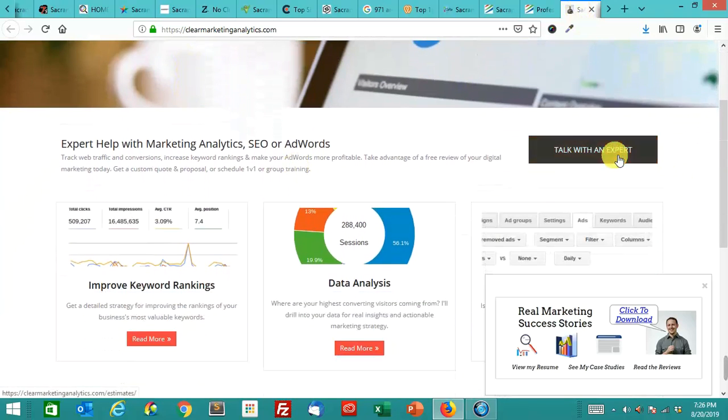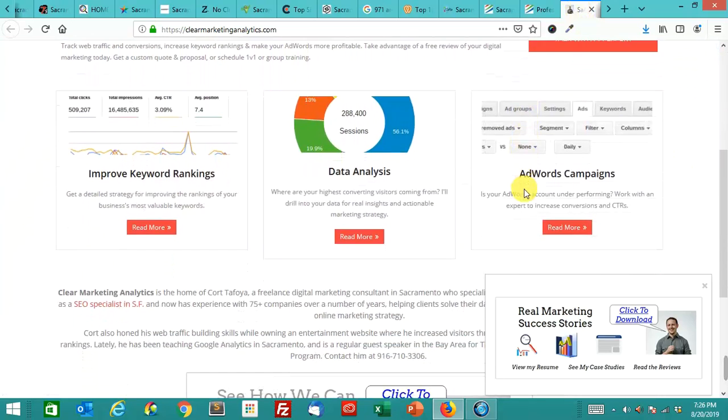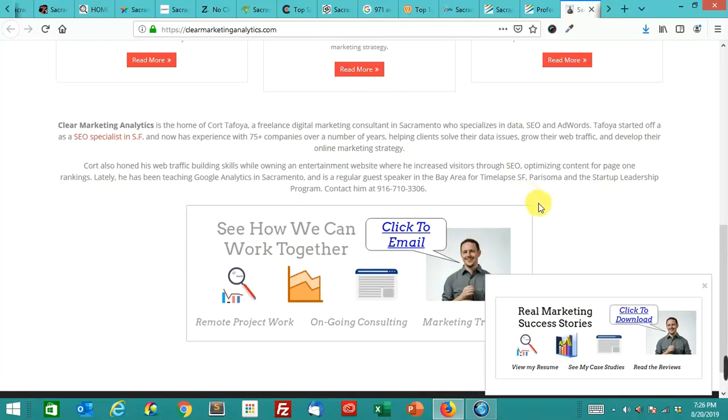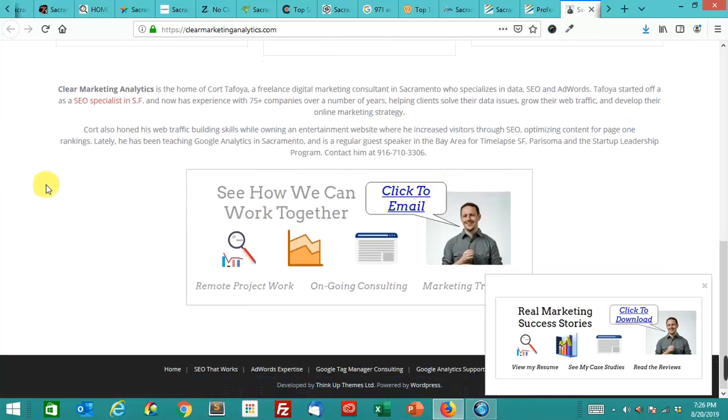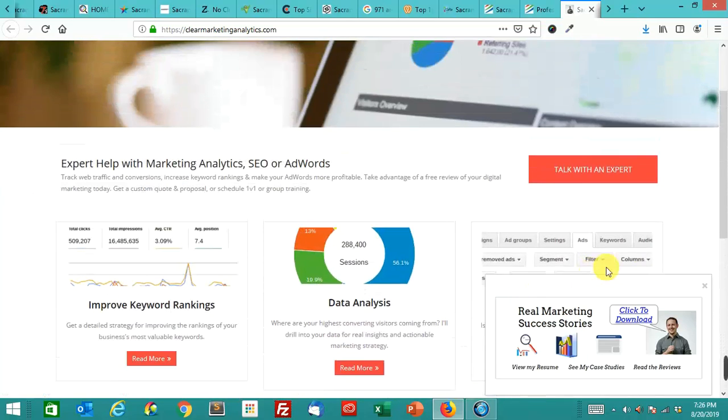This has a banner. Click Talk with an Expert. Gives you estimates. I'm not sure I like this page so much. This contrast is really bad. That's a pretty short page. So this is one of the shorter pages. That's it. But one of the things that I wanted you to notice is